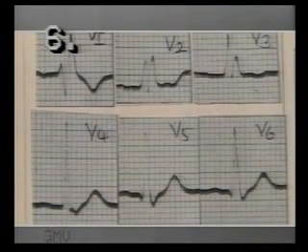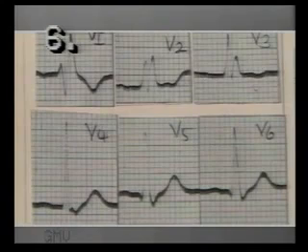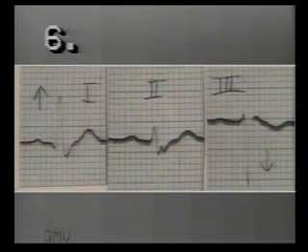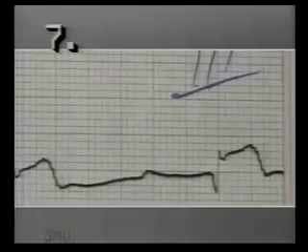Study the chest leads. The QRS complexes are 3 millimeters wide. There is RS-R' pattern in V1 and V2 indicating right bundle branch block. A broad S wave in V5 and V6 supports our diagnosis. So this is right bundle branch block. In the limb leads, there is left axis deviation. Normally, right bundle branch block should have right axis deviation or a normal axis. Left axis deviation suggests associated left anterior hemiblock.